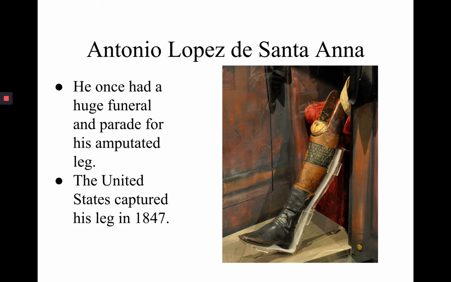Now, if that's not weird enough, in 1847, during the Mexican-American War, Santa Anna, again, leading his own military as both president and head general, is surprised by an infantry unit from Illinois, and he flees from a battle with the Americans. And he flees, but he forgets to bring his prosthetic leg. And so the Americans actually captured Santa Anna's prosthetic leg during the Mexican-American War. They brought it back on tour in the United States, and to this day, it's in a military museum near Chicago in Illinois.